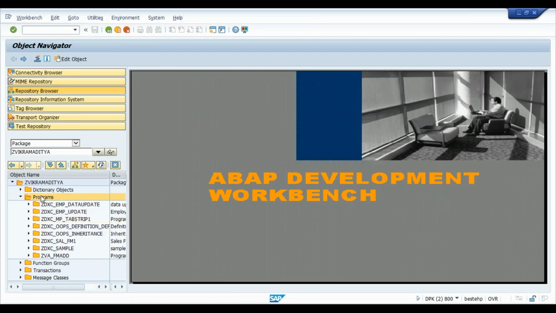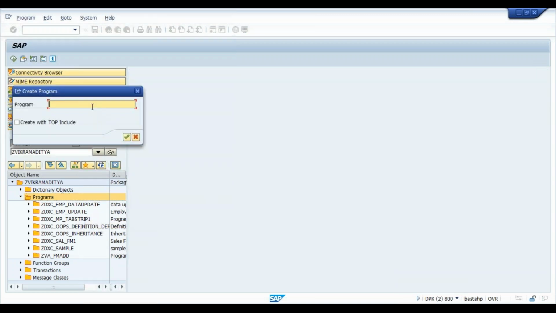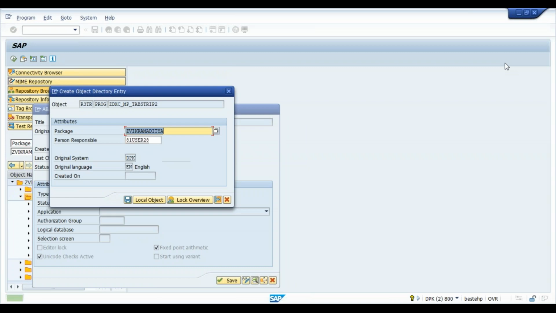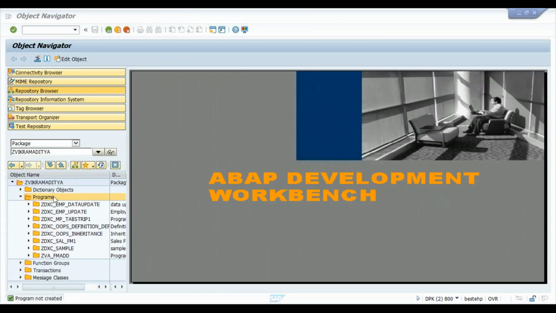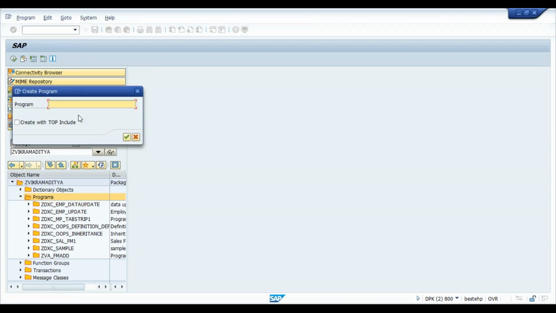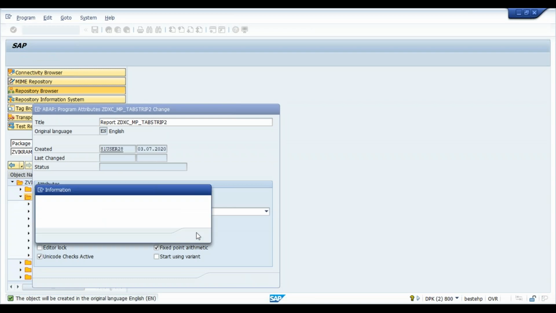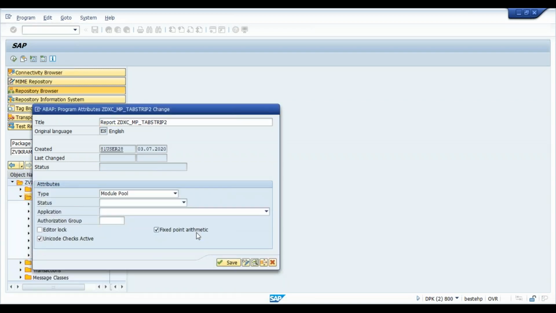Tab strip 2. Okay, so we'll go ahead with the module pool program, and we have right click, create. So in this, we'll go ahead with a module pool program name, tab strip 2, say OK, and in this we have to make it as module pool program and say OK. Once it's been done,